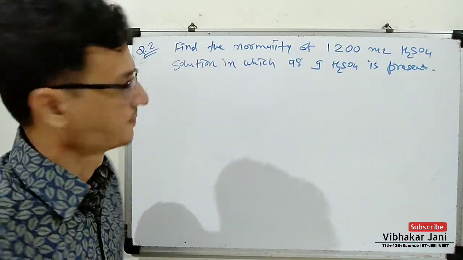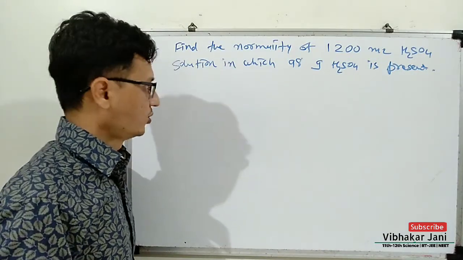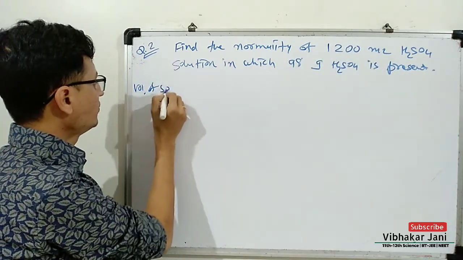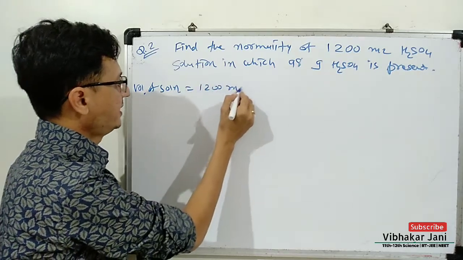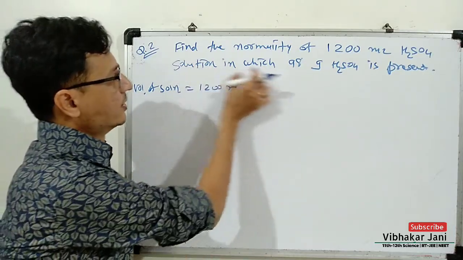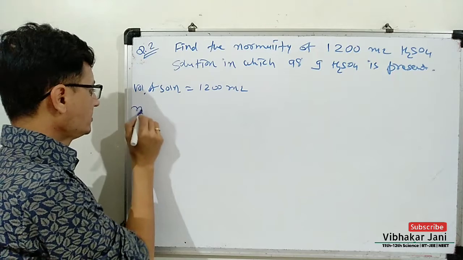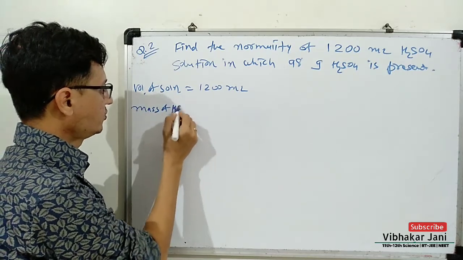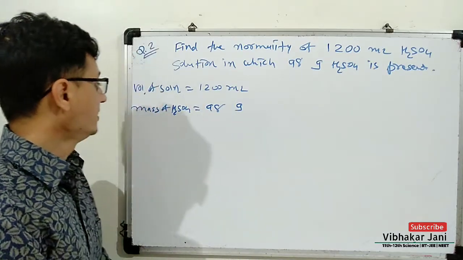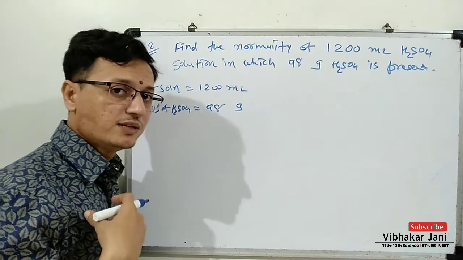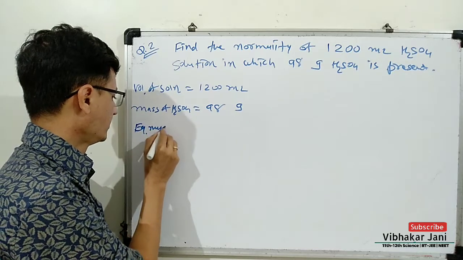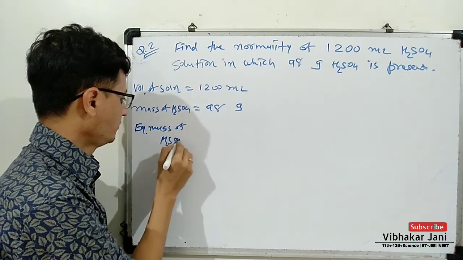Now this is the question, and we are asked to find normality. So again, let us make a list. Here 1200 ml, that is the volume of solution, is given. It is already in milliliter, so there is no need to change it. 98 gram H2SO4, that means the mass of H2SO4 solute is 98 gram. And if we want to find normality, we must have the value of equivalent mass of sulfuric acid. Now, equivalent mass of H2SO4 will be equal to